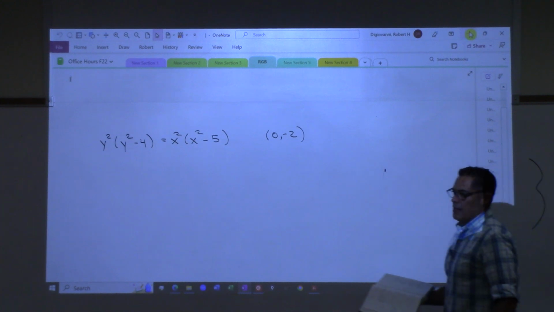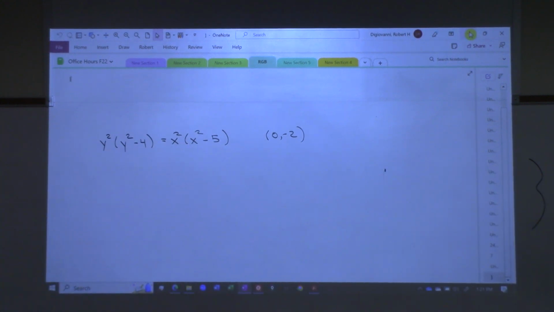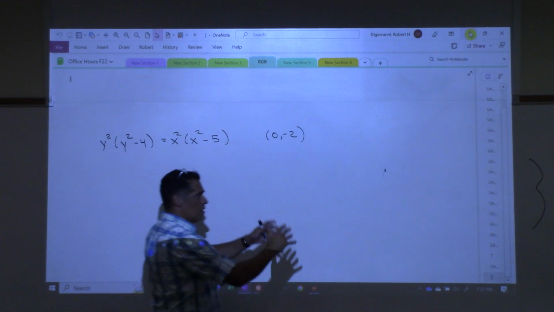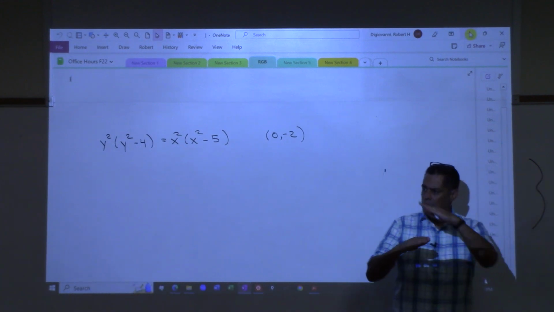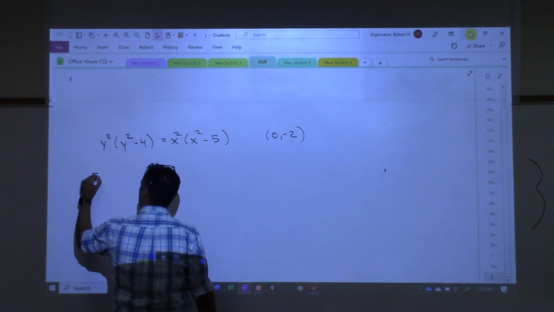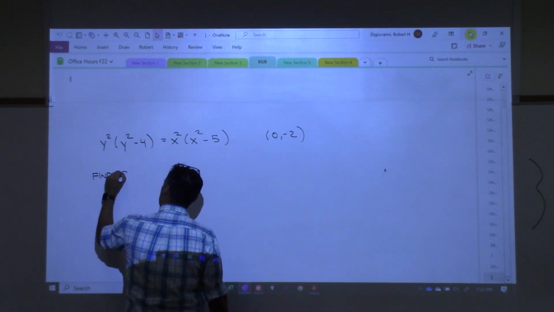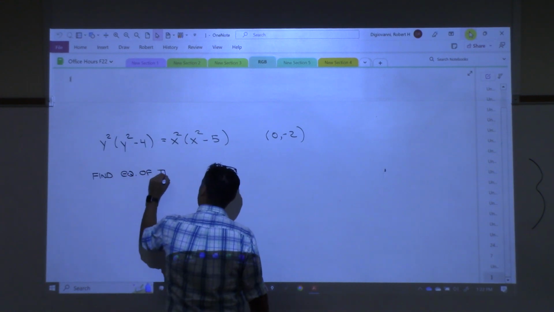All right, that's the graph of that equation, that relationship between x and y. So it's a curve on a flat sheet of paper. We've got a curve, and so what we'd like to know is if we went to certain points on this curve, could we find the slope of the tangent line? So we want to find... here are the instructions. Find the equation of the tangent line